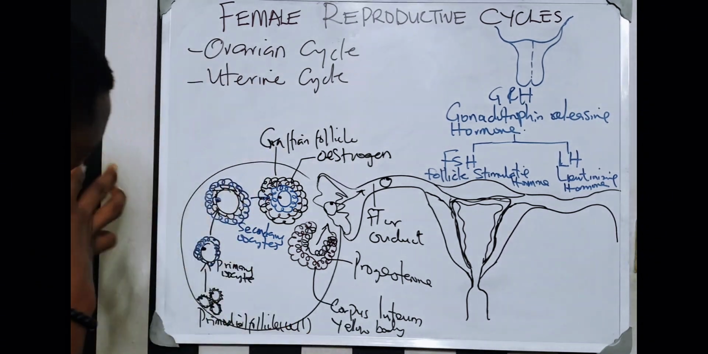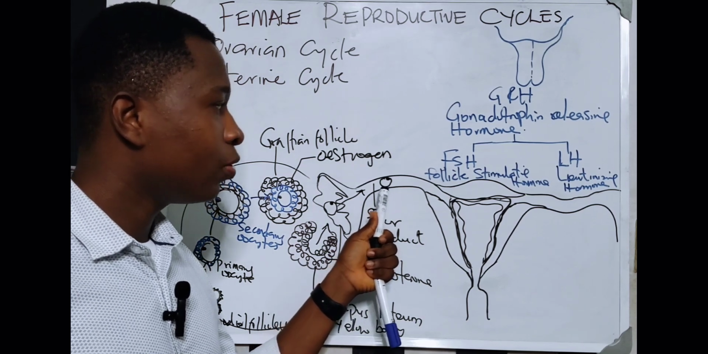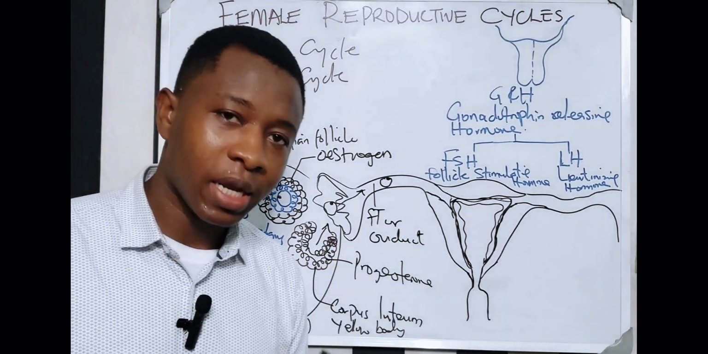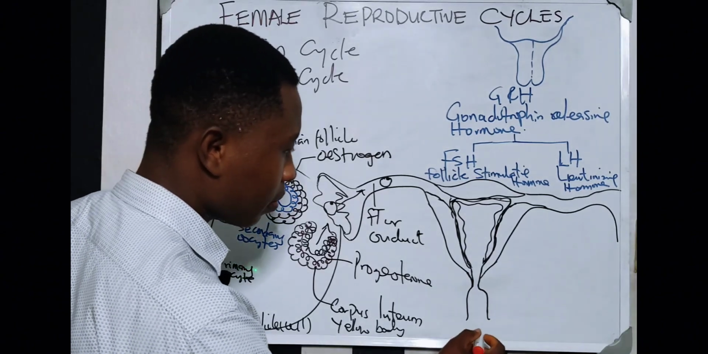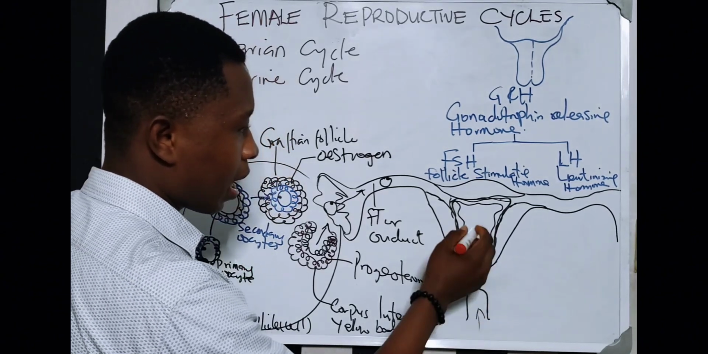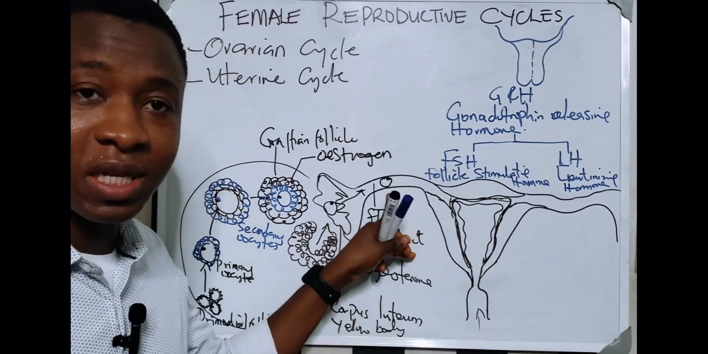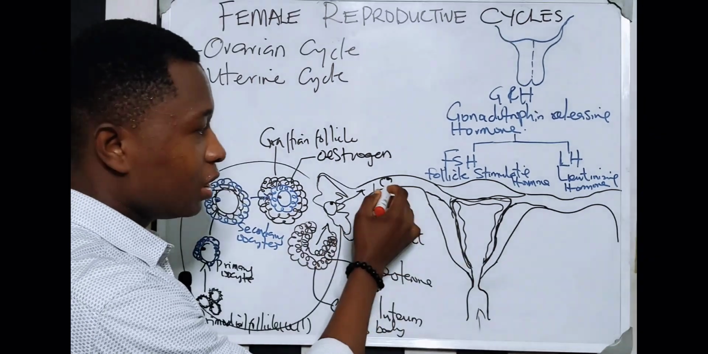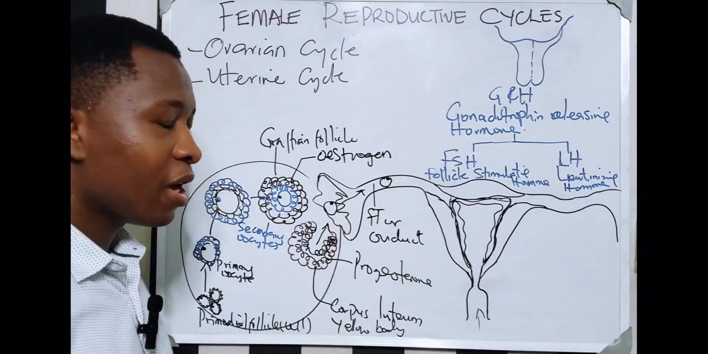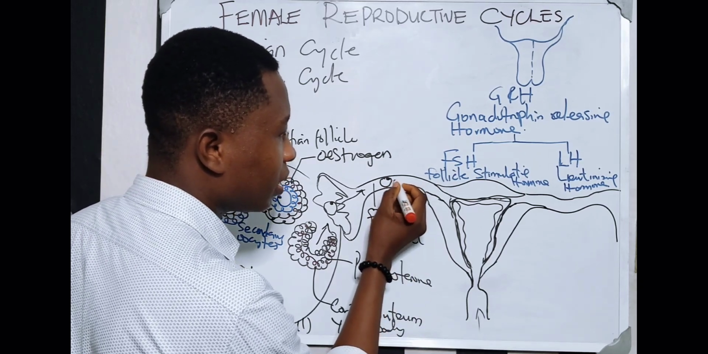Okay, now having said that, at this point where the egg is in the oviduct, two things can happen. If a sperm gets into this part and swims to meet the egg, because this is where fertilization takes place, it takes place in the oviduct or the fallopian tube. If fertilization takes place here,